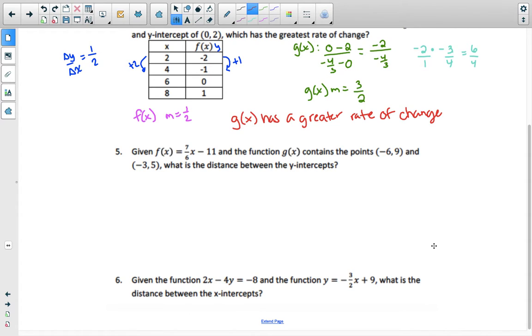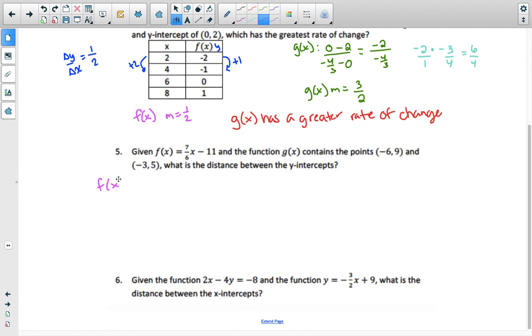In this next problem, it says given f of x equals 7/6 x minus 11, and the function g of x contains the points -6, 9 and -3, 5. What is the distance between the y-intercepts? So we want to find the y-intercepts. So for f of x,